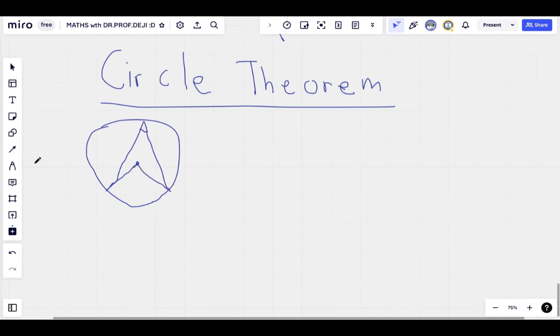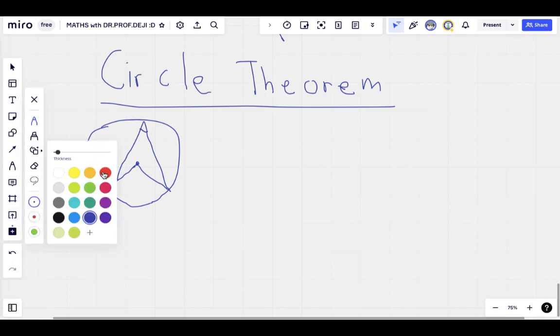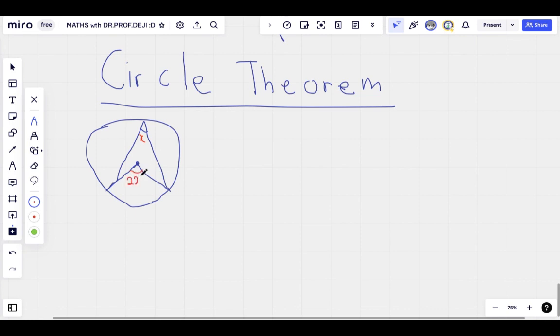Let's say we call here x. Therefore, here will be 2x. Angle at the center is always twice whatever is at the circumference. So the first law or first theorem says that angle, I'll use abbreviation, angle at the center